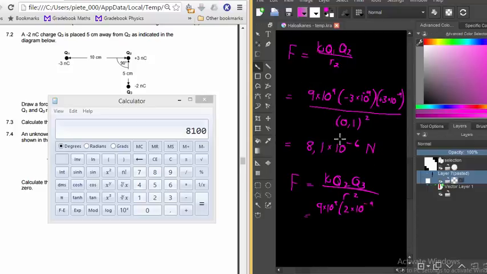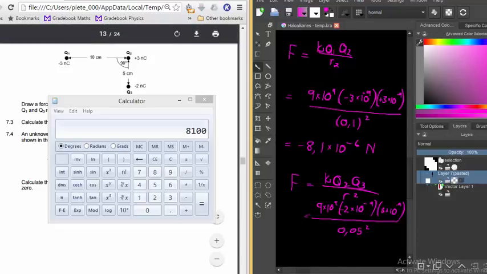Sorry, I should just remember the negative there. Negative 9, and that's a negative, and then it's 3 times 10 to the power of negative 9. Divided by, and this time it's